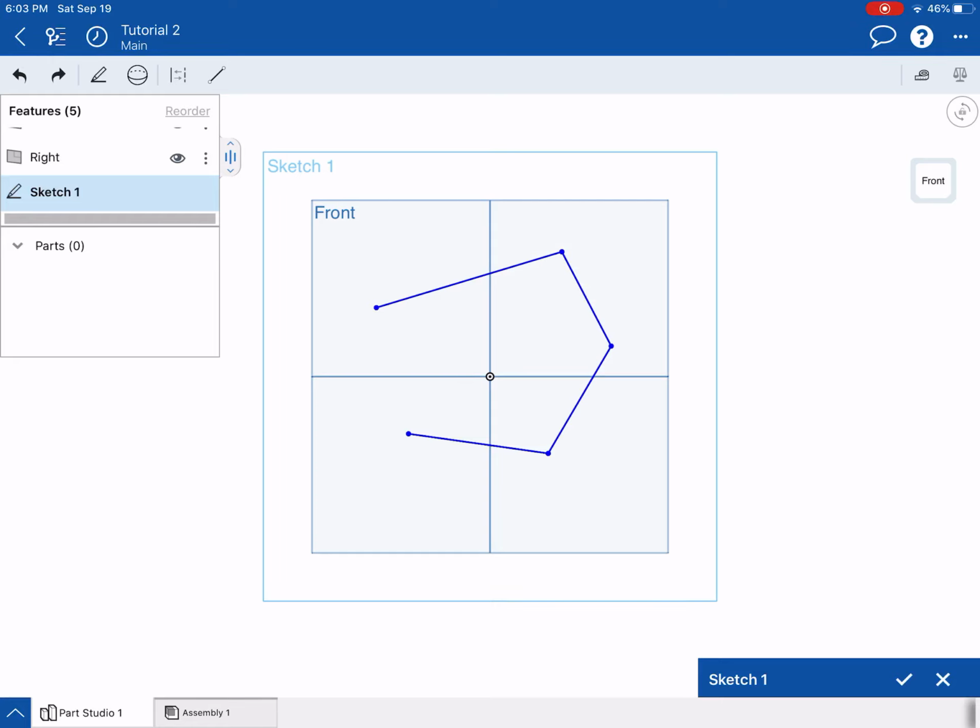Let's see. What I needed to do was go up and deselect the line tool in the upper left-hand corner. See how I can turn that on and off? If that's off,